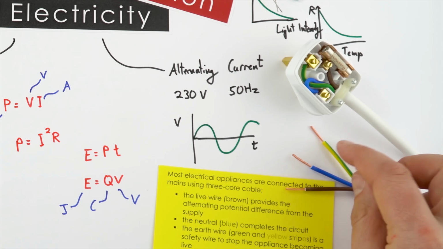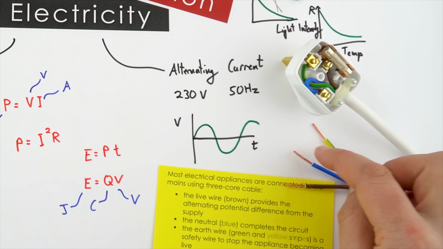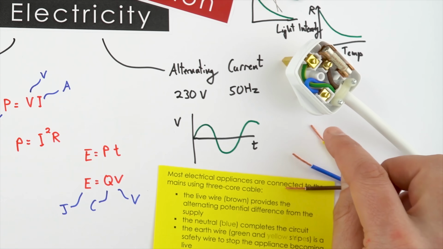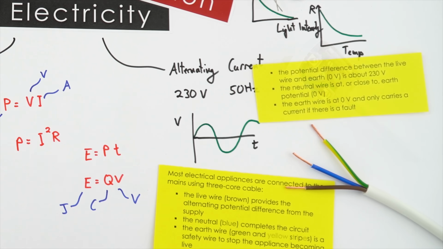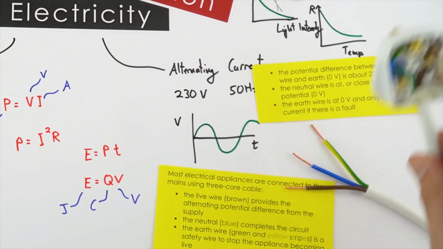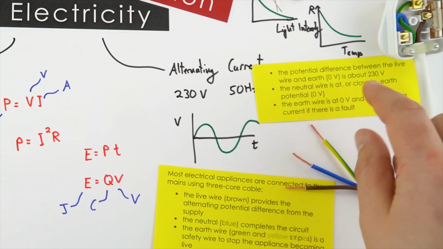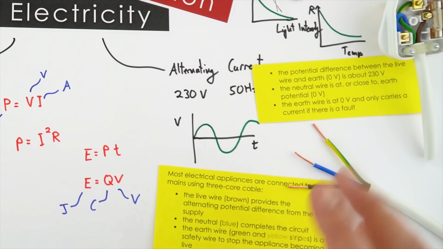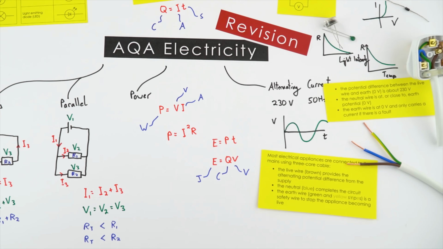And this is a safety wire that means if there's a fault in the system, this carries any electricity back to the earth rather than going through your body, as it says over here. So you need to remember some of these facts about an alternating supply, especially the household supply that we have in the UK. Now the other thing that means that AC is really useful is it allows us to transfer electricity over large distances by using the national grid.